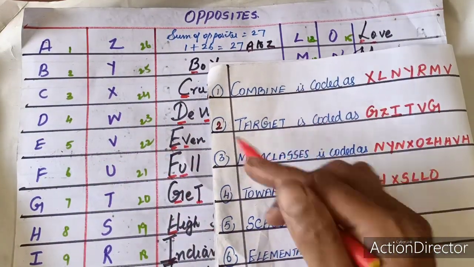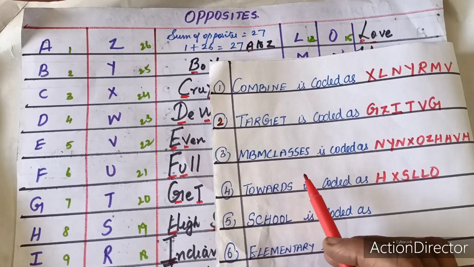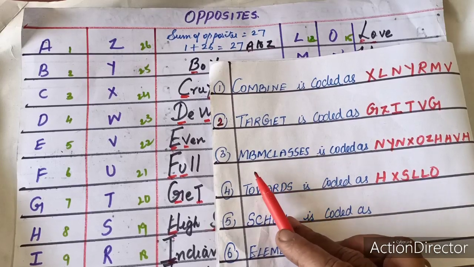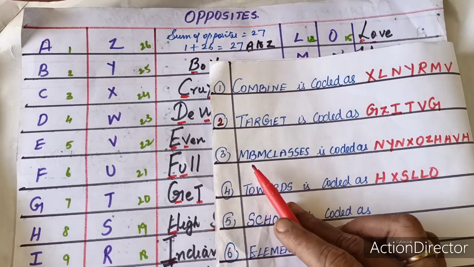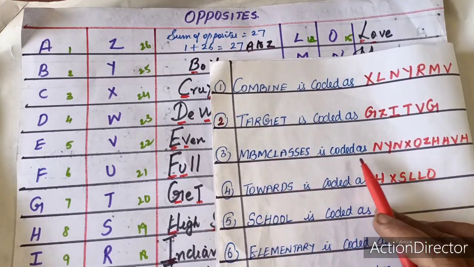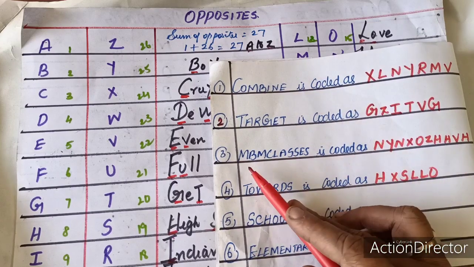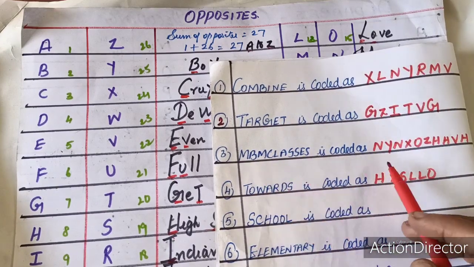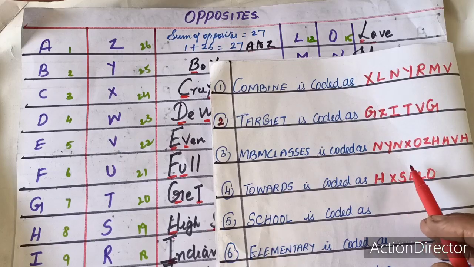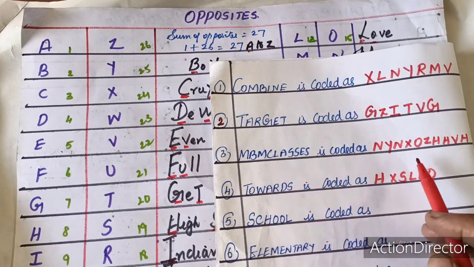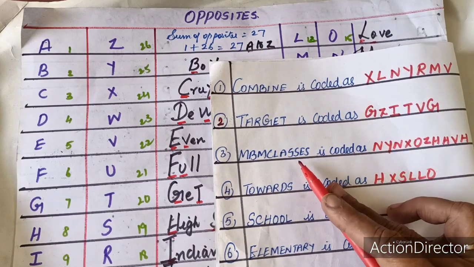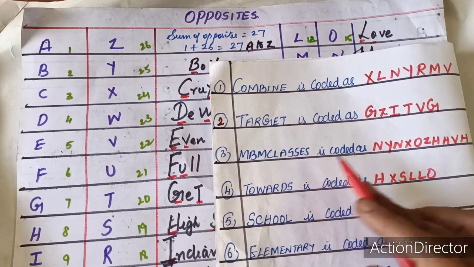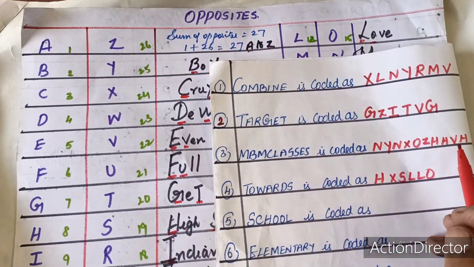So as soon as you learn these words, you can write the answer immediately within a fraction of a second. This is how you call this. You call it a coding. So MBM classes in the similar manner. M, opposite is N, B is Y, M is N, C, X, crux, L, love, O, A is Z, S is high school, H, again S is H, E is even, V, S is H.